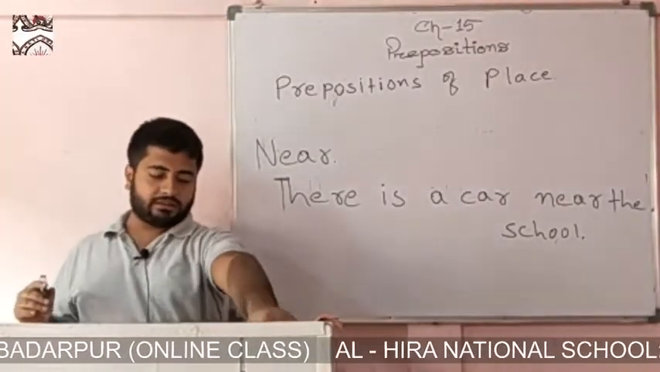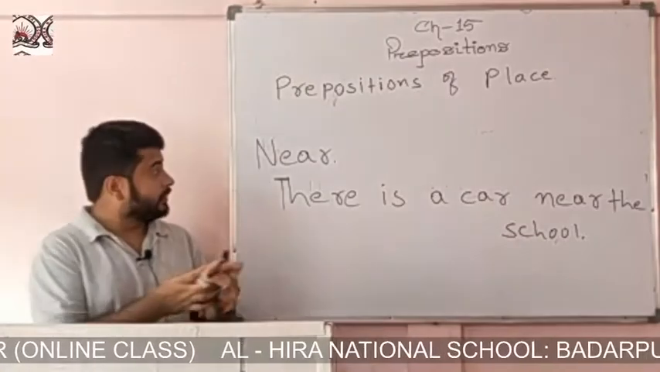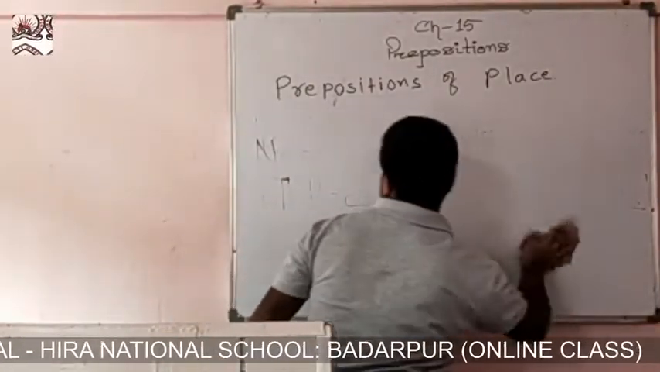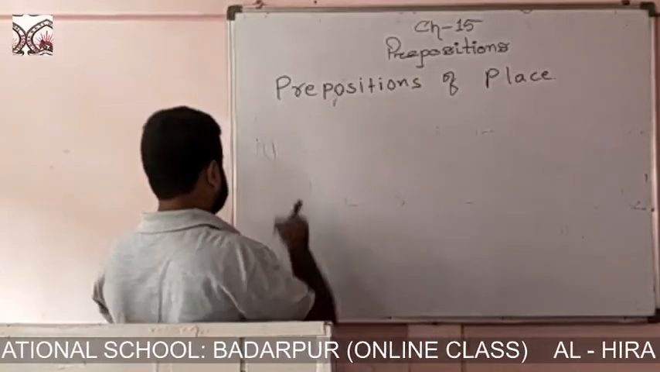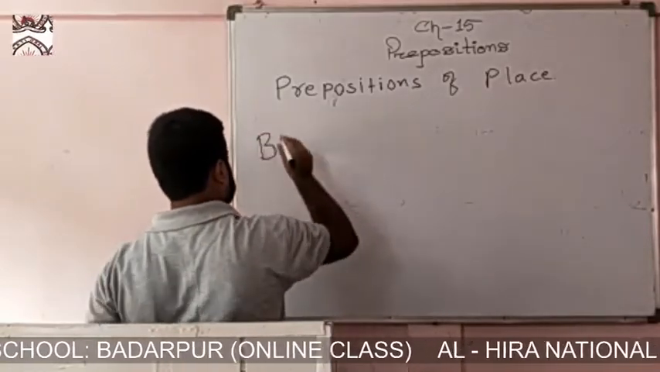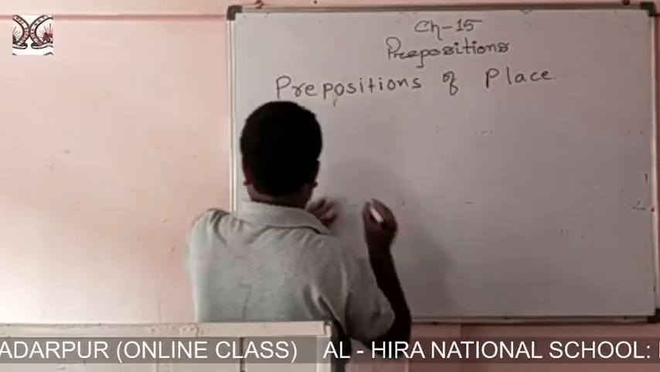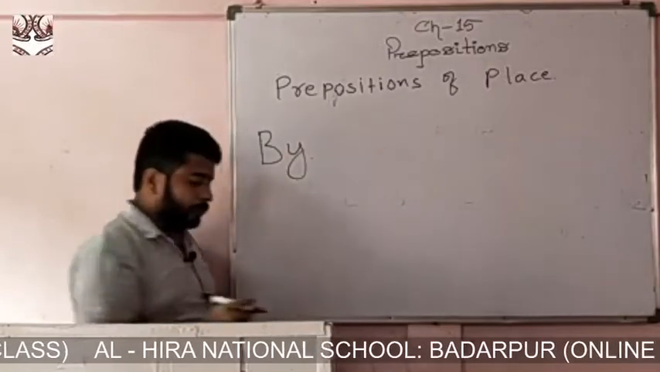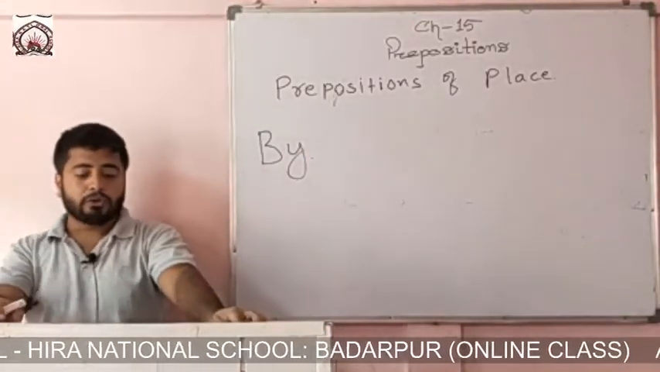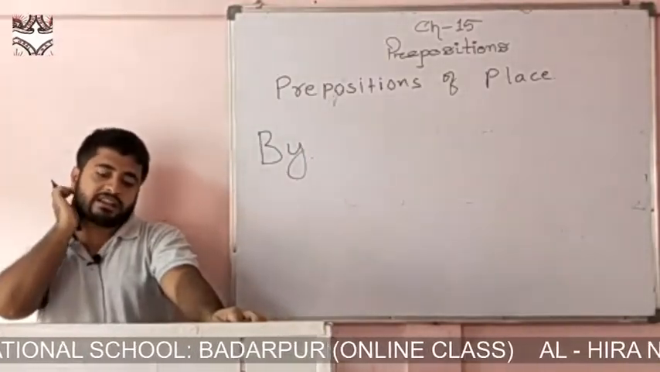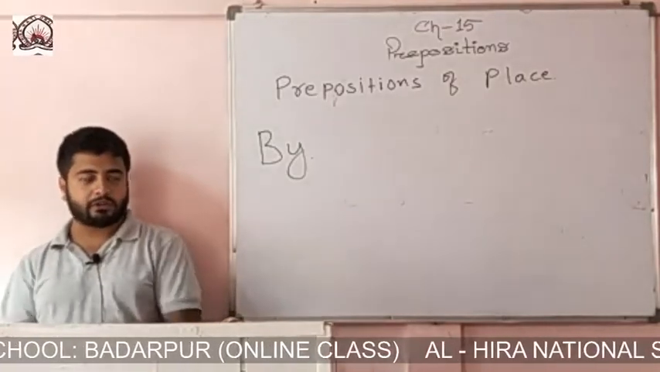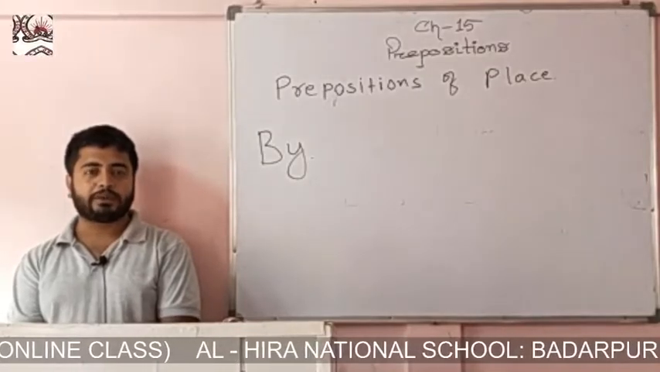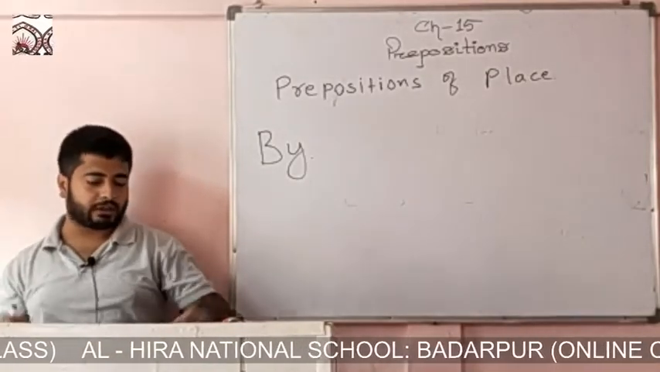So next is by. The next preposition is by. Where to use by? We use by to express a thing which is near or at the side of. For example,